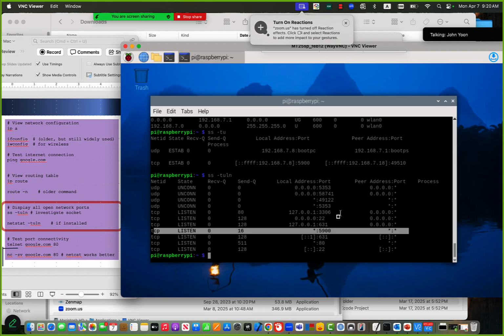This is a local address, as it says. 3306, I believe that is if you set up MySQL. Usually there's a default port number for each program. If your MySQL is running, then probably 3306, that is open. And then 22, if you open SSH, secure shell, remember on your